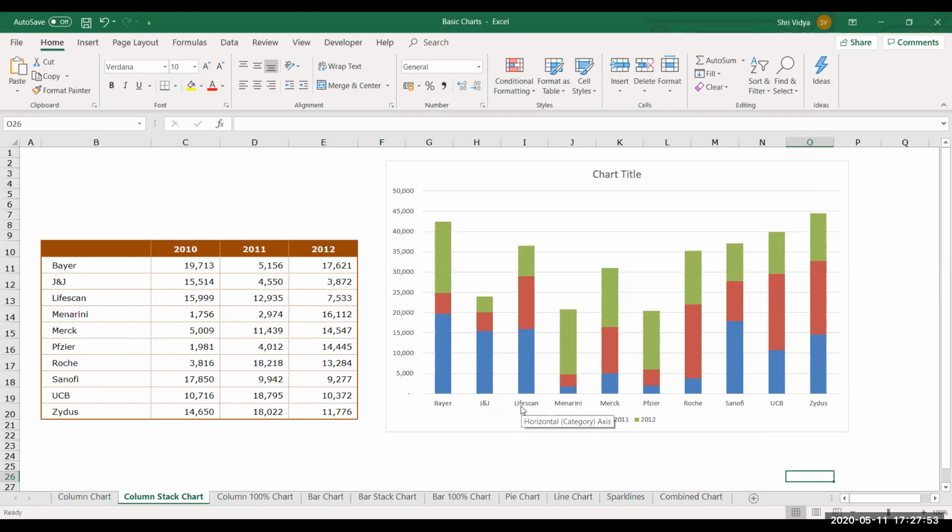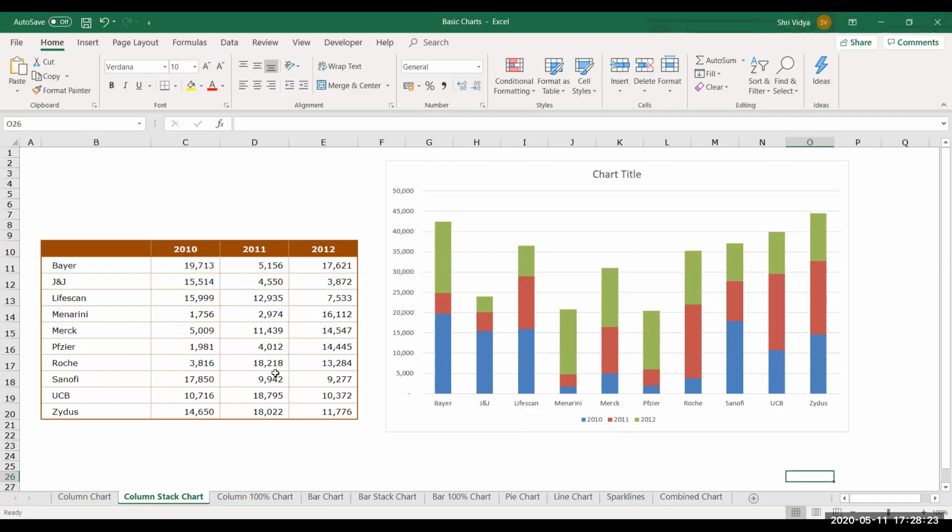Okay, so if we had chosen a column chart rather than a stacked column, there would be very little analysis, or it would be difficult for us to analyze the data this way. Currently, the way we are doing, it would not be possible. Okay, so that's when you need to choose column stack. When you have more than two columns to compare, okay, the series value, then you go for column stack.